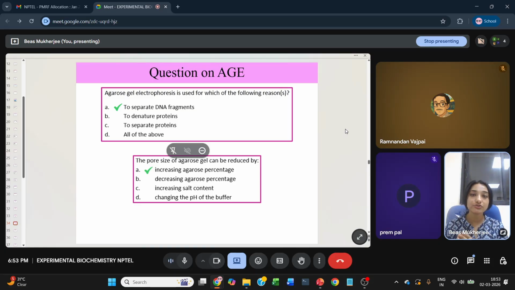So, agarose gel electrophoresis is used to separate DNA fragments. It can also separate proteins, but it is normally not done. Okay, and since it cannot denature protein, of course all of the above would not be the right answer. And the pore size of the agarose can be reduced by increasing the agarose concentration. Okay,